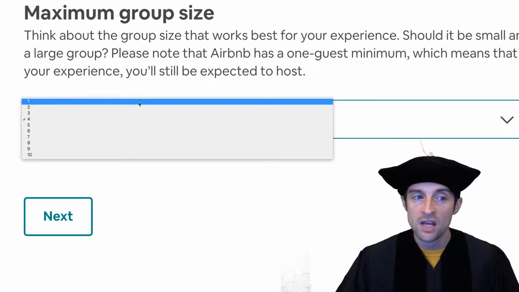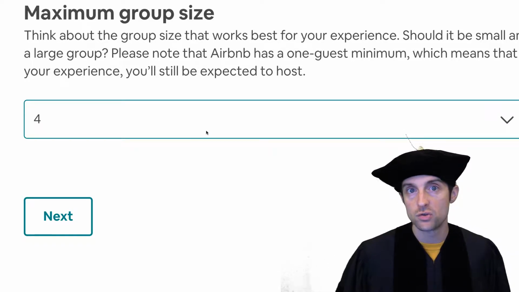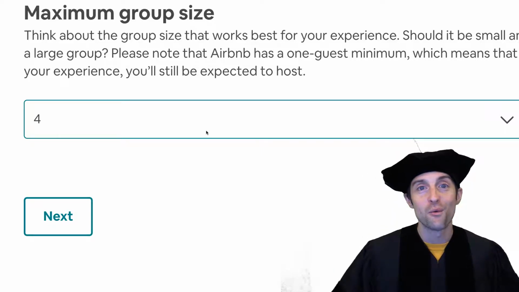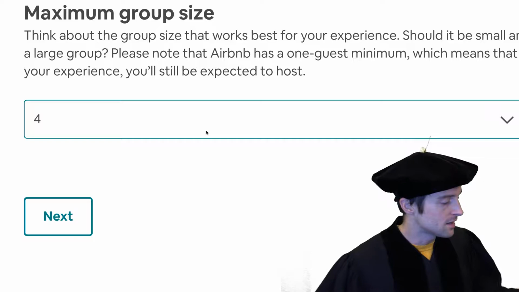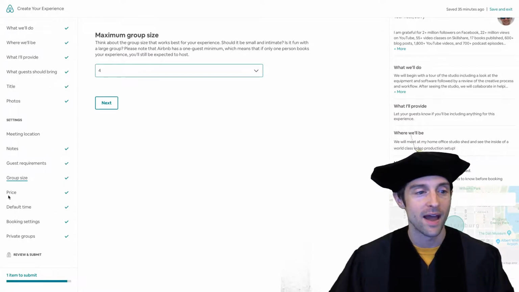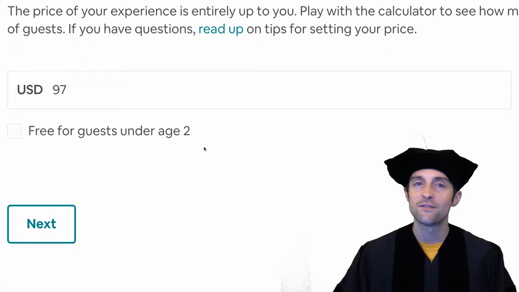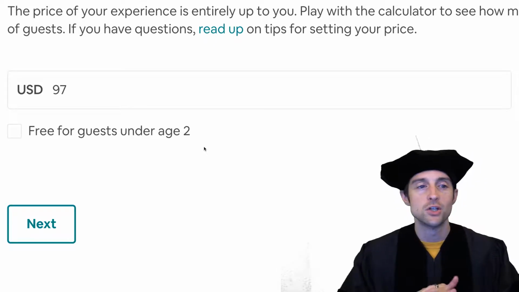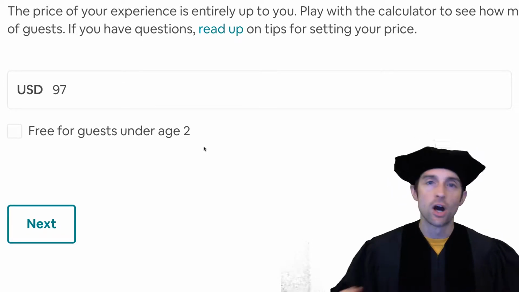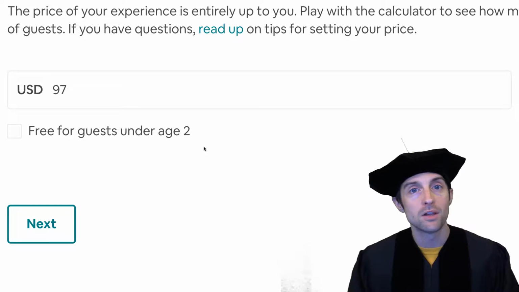So if you're not sure, you can start with a group size of 1 or 2. If you then successfully do 2 or 3, you can try moving it up. For my home office studio, I definitely don't want to do more than 4 at once, because it's not intended to be more than that. So you've got the price in here. I don't think it's worth putting a ton of time and energy into the price. You just look at it, what's the lowest I can stand to do this at? And don't put it lower than that, because for $97 for someone to come look at my home office,